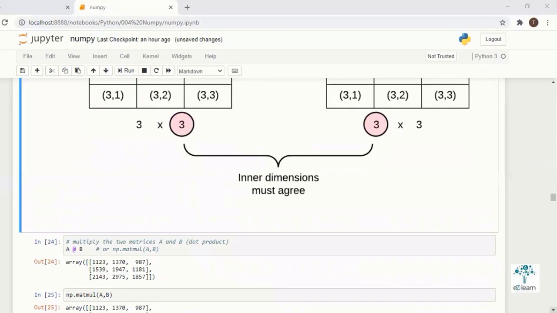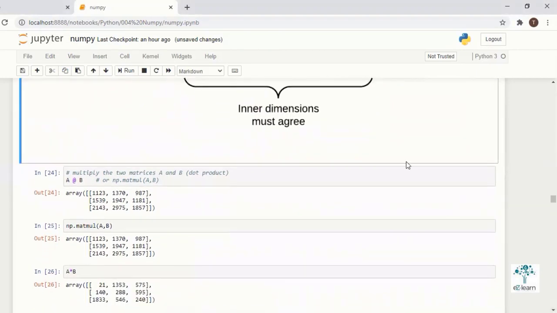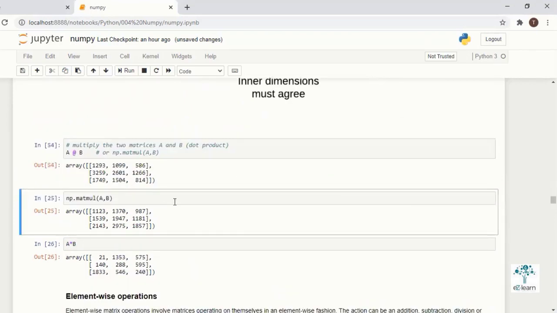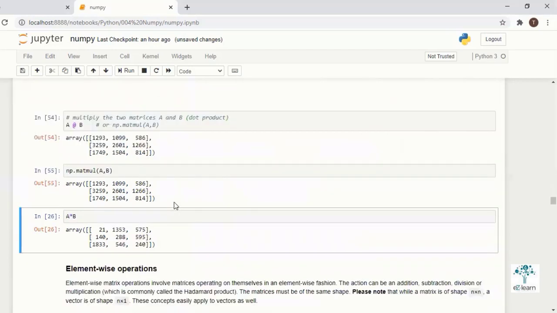For the dot product, you have to use A @ B, and it will get multiplied, or otherwise np.dot for matrix multiplication. So for matrix multiplication you can use this one or this one. When I initially studied these things, I got a doubt: what is A * B?